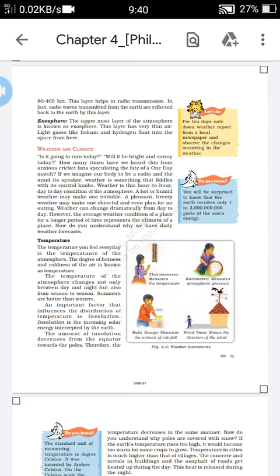So we know about the temperature already because every day we feel hotness in our atmosphere. So the degree of hotness and coldness of the air is known as temperature. What we observe in day-to-day life, that is the coldness and hotness in the atmosphere, it is called